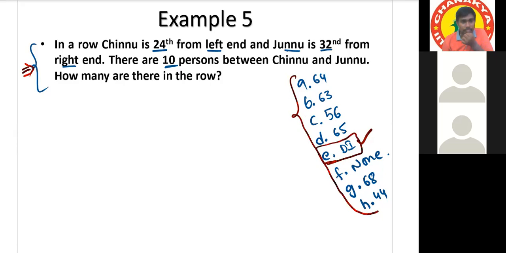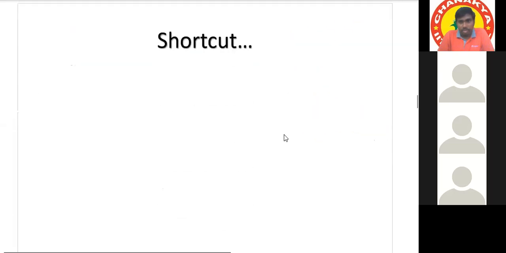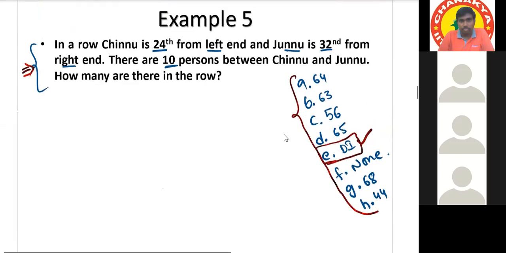Sir, I guess it might be just because there might be some infinite number of people or something, and there are only 10 in between. Maybe, sir. Okay. But also, there can be overlap, right, sir? So we cannot tell. It might or might not be overlap, so we can get two different answers. Okay. Then if it is overlap, we'll get one answer, and otherwise another.